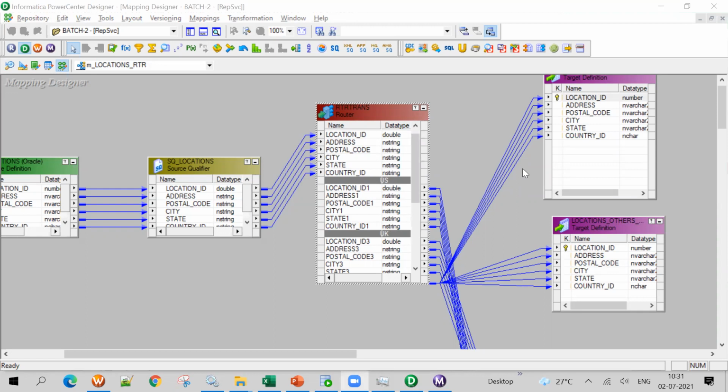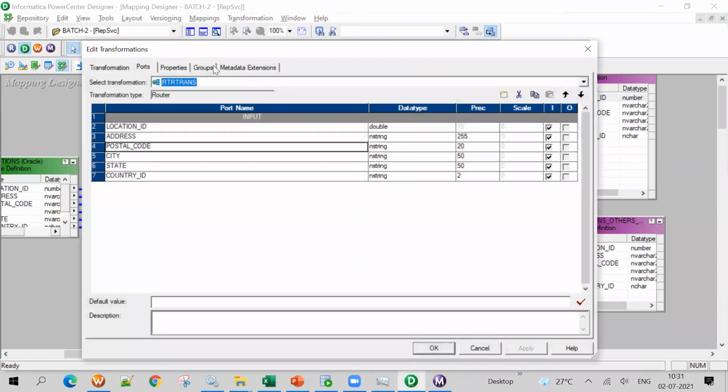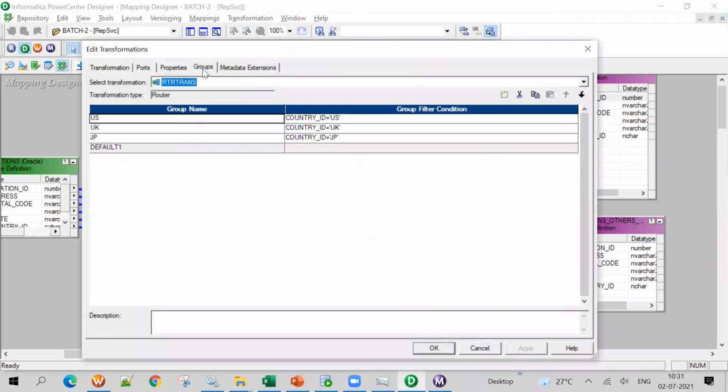No, Raj. Raj, if we give 3 conditions in the router as false, all the records will come to the default. So what are you asking? Can you come again? So we created 3 groups, right?